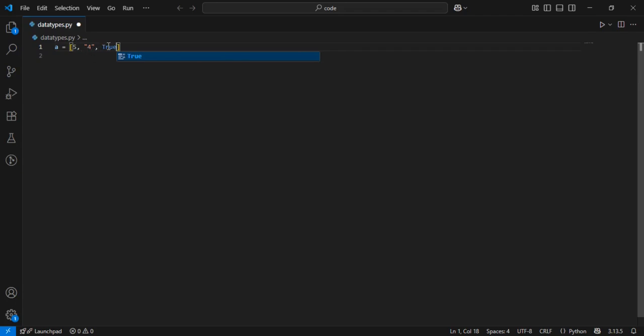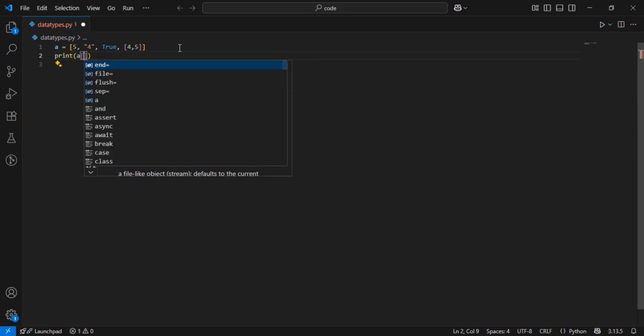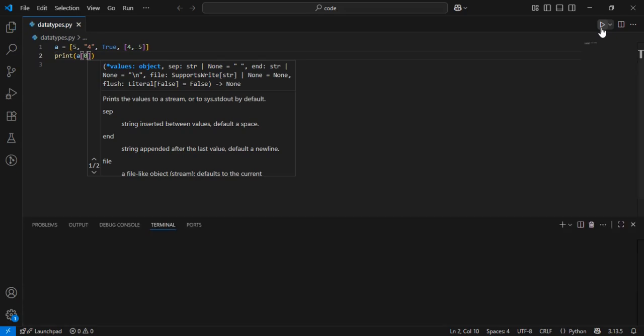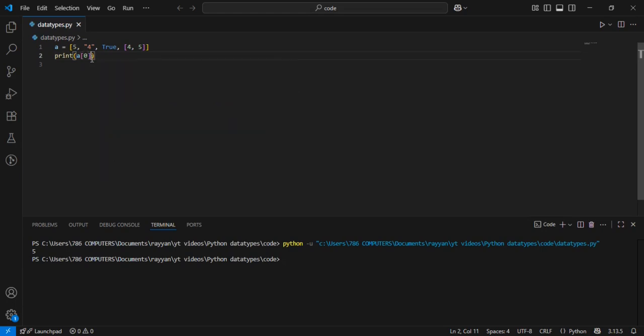You can also store another list itself in a list, for example like this, and you can access them one by one, like we did with string indexing and slicing. So if you want to access the first element of a list, you can do it like you did with the strings. You can type a square bracket 0, and this will print 5. You can also print the whole list